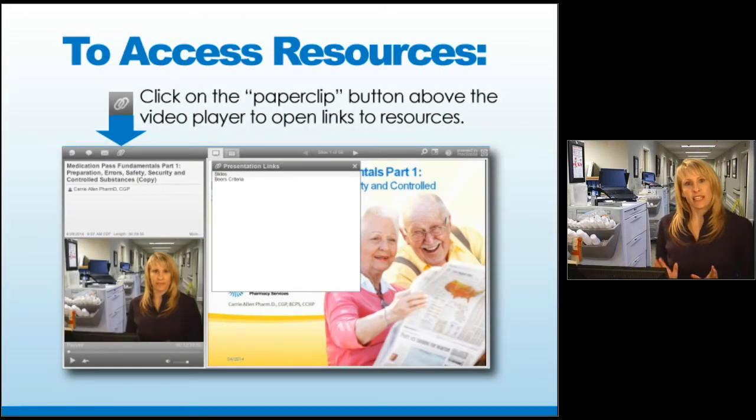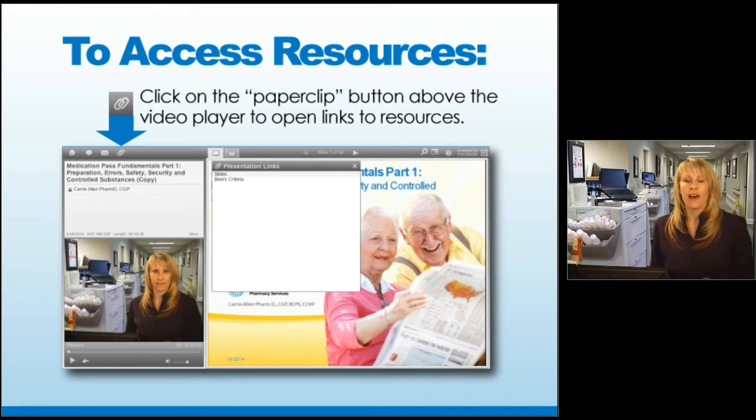We've made this easy for you because I'm not going to read everything off the slides as much as you may want me to. There's a lot of detail provided for you. What you can do to download the slides and have access to all that dense information is go to the little link above the screen where it has a paperclip, and you click on that. Another little side screen will pop up, and it has a list of items that you can download and print